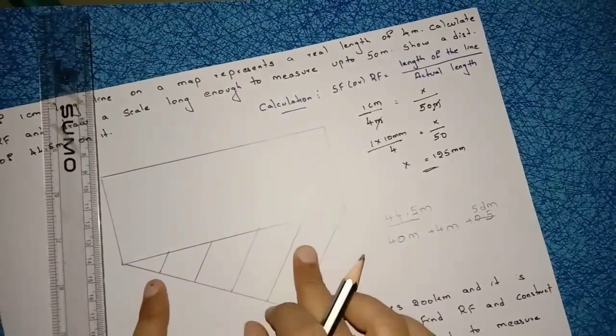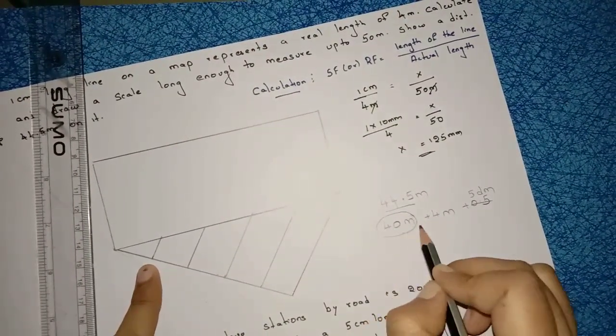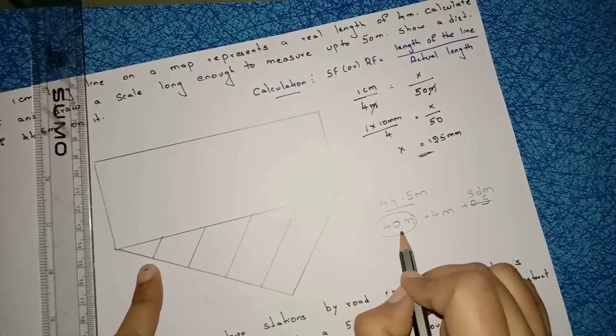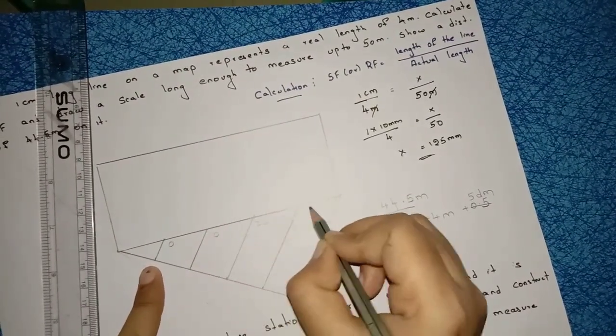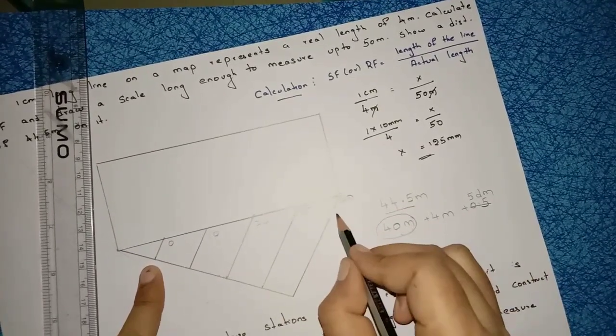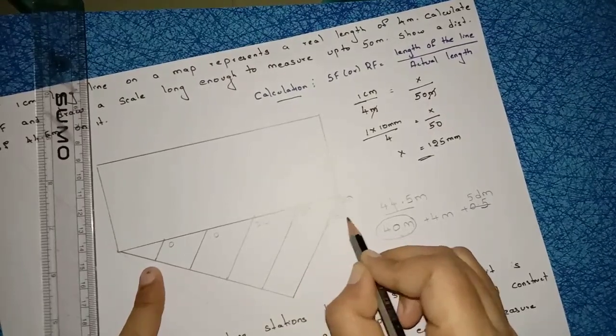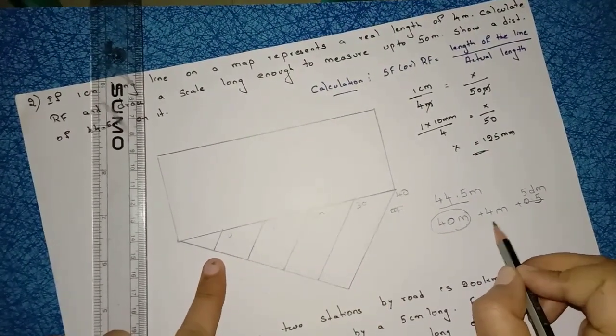Right? Now how to give numberings. This numbering depends on the first value. First value is here 40 meters. So you have to mark 40, no? So give numberings 0, 10, 20, 30 and 40. What are the units here? Meters. Take height 5 mm and write down here meters. Right? Then next you have to mark 4 meters.